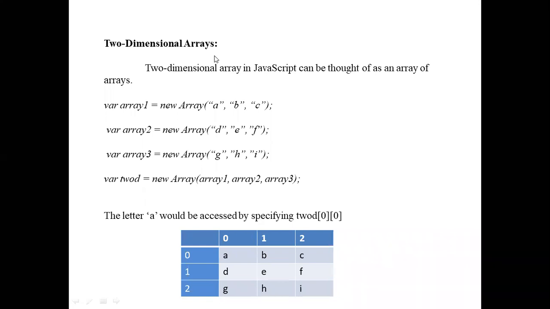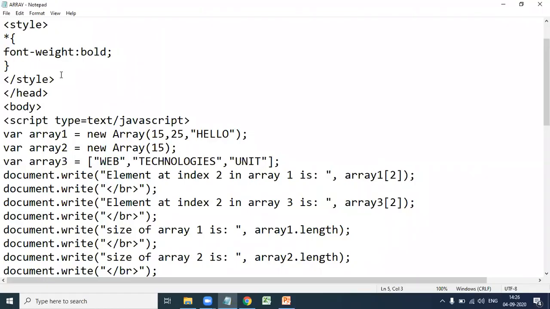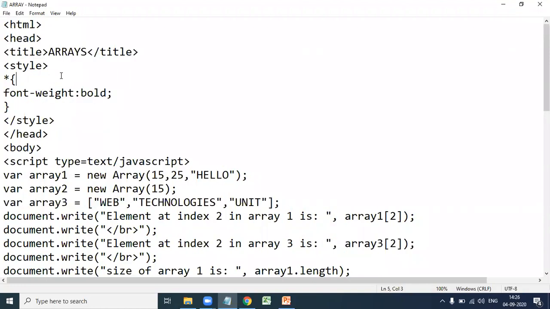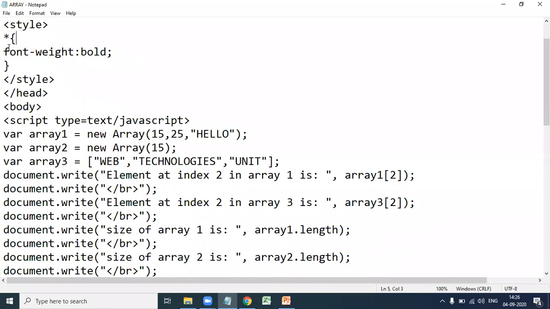So let us discuss the example program for arrays. This is a sample program for arrays. First, we apply the style font-weight bold to all the elements in the HTML by using the universal selector.